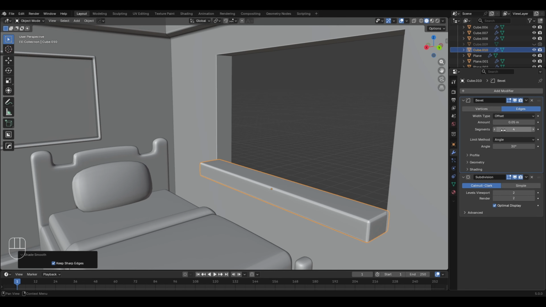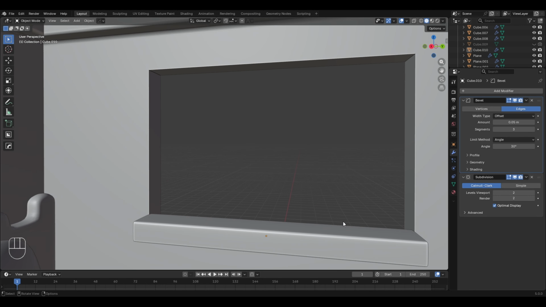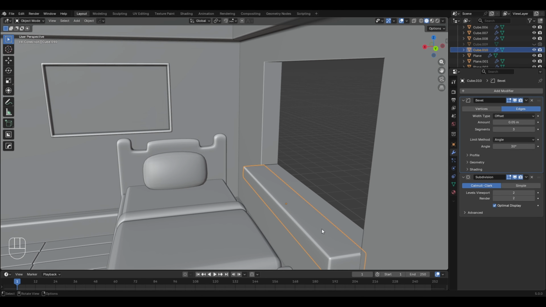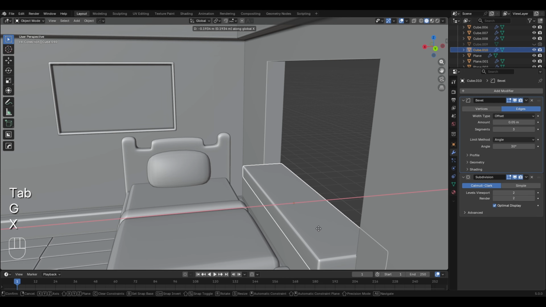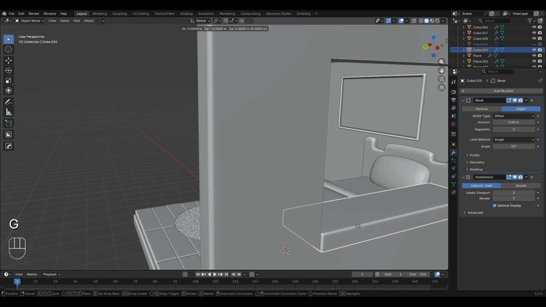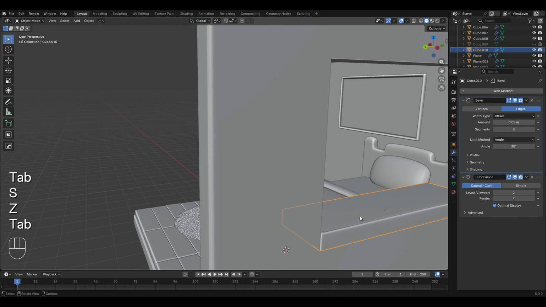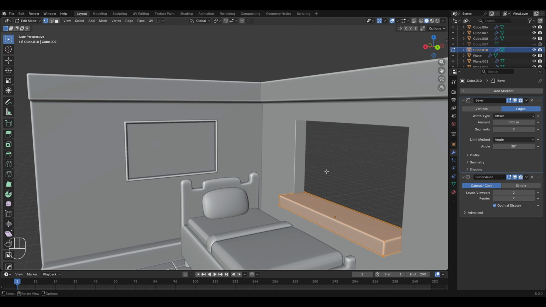I think this looks perfect, but I can decrease the number of segments to 3 like this, and I'll push it down in the Z axis slightly. Apart from this, I'll be going to the edit mode and scale it up in the X axis like this and push it backwards in the X axis over here. Now this looks almost perfectly aligned. I'll make some minute changes in its scaling and positioning, and once that is done, we'll start with making the